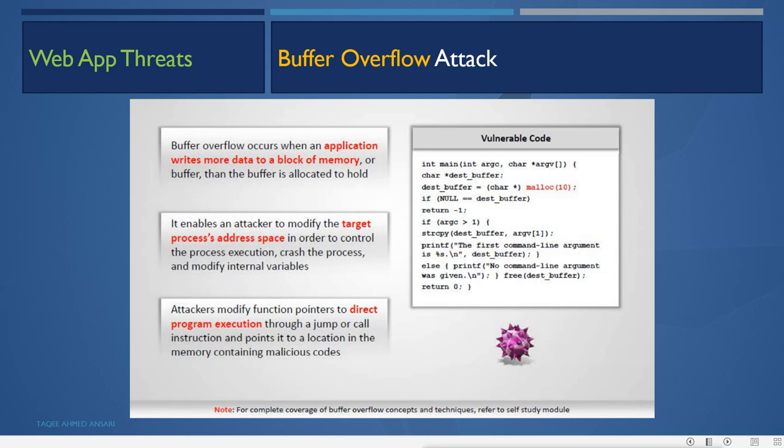So suppose the buffer is allocated 1 MB of data. The attacker will send 10 or 20 MB of data into that buffer. Now it only has 1 MB of space allocated to that process, so the rest of the data will overflow. When it overflows, sometimes, if the applications have not been designed properly, they will directly execute the code that does not fit into the memory. Like, 1 MB is already full, and whatever data is coming will not fit into that buffer, so it is going to overflow and execute directly.